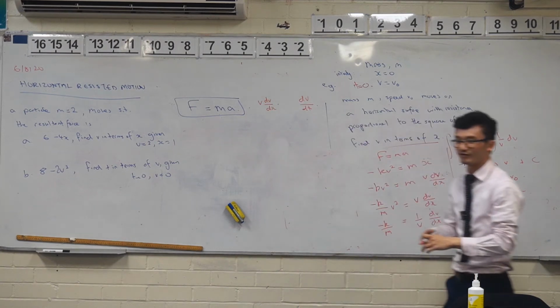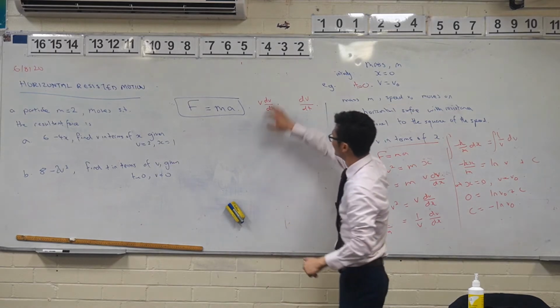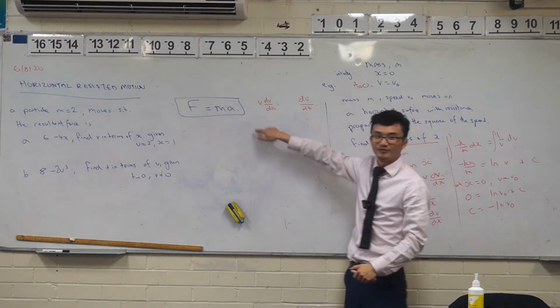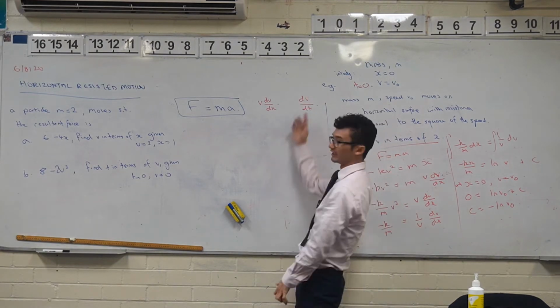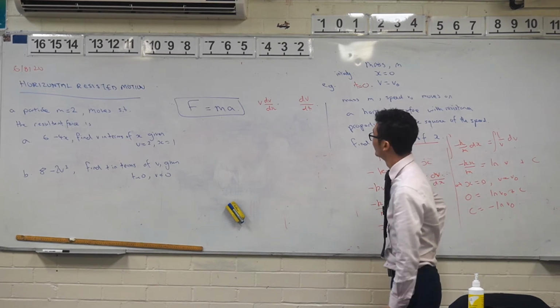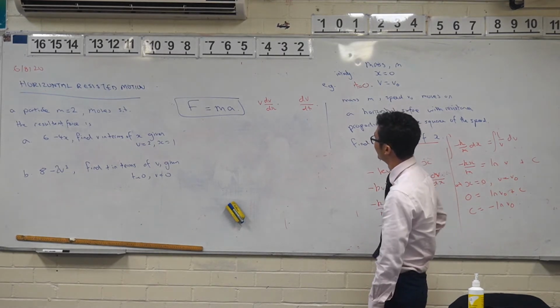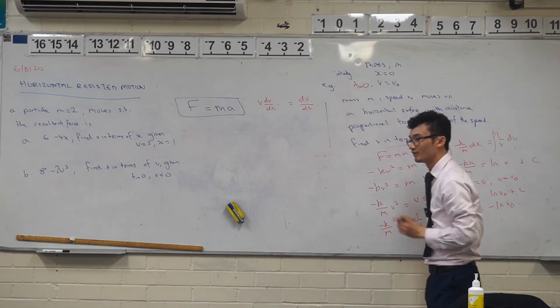Alright, so two popular forms. When you want to find v in terms of x, usually we'll be using this form for the acceleration. And usually when you want to find something related to time, you'll be using this form over here. You know that, look, if they're equal, then that means that